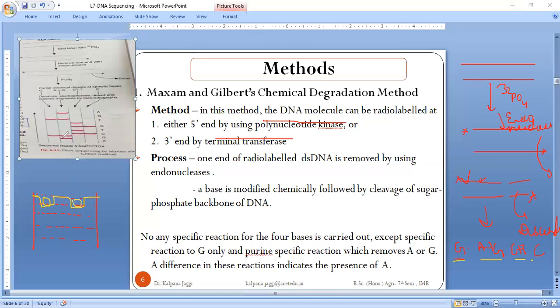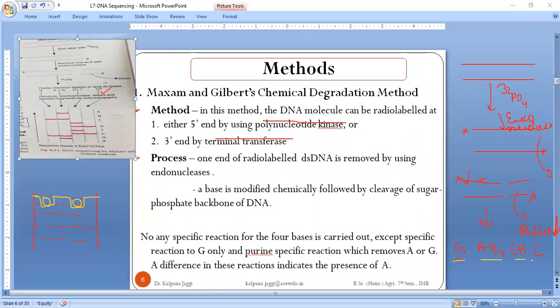I have prepared only two, but we have four, because partial digestion has resulted in the formation of four. These are placed here. But before the sample is loaded, it is to be denatured. Denatured means double strands are converted into single strands. Then they are electrophoresed, that means they are allowed to run under the effect of electric current. Then they are detected, because we need to detect the sequence and label the fragments by autoradiography.